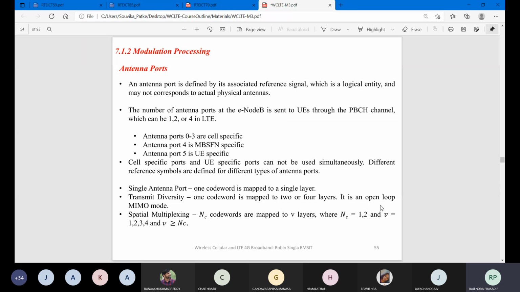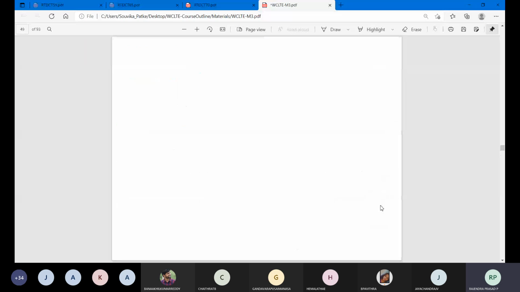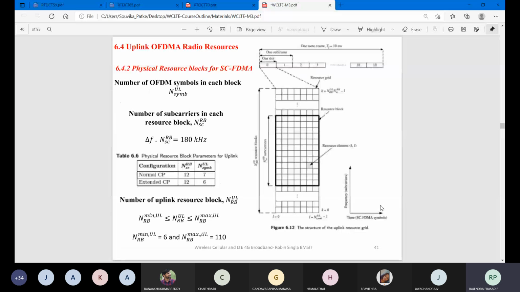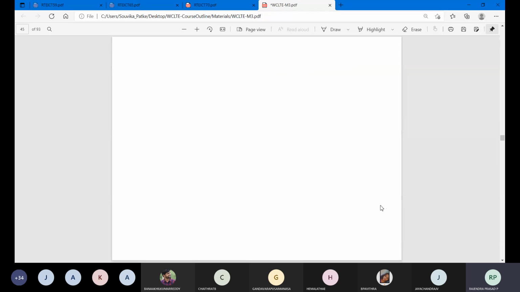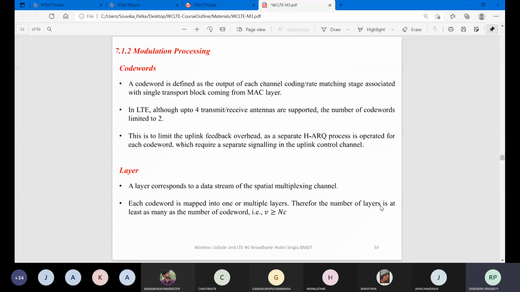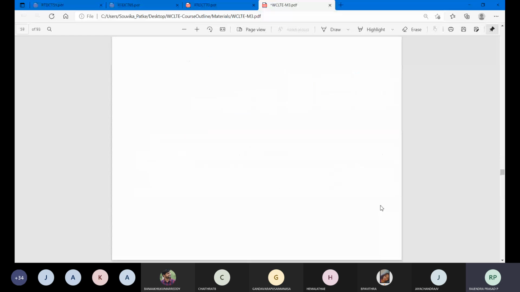So we have seen this cell structure here, right? So I'll just show you the cell structure, which is this part. Okay, this is a cell structure, right? So this cell, which antenna port is going to be selected and able to transmit, that is what he is trying to observe here.